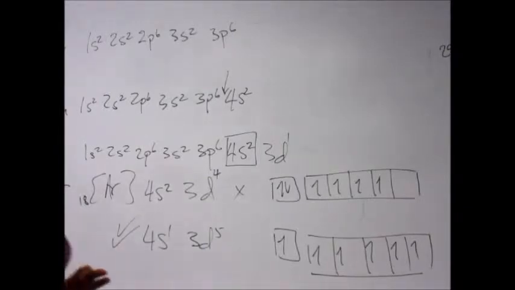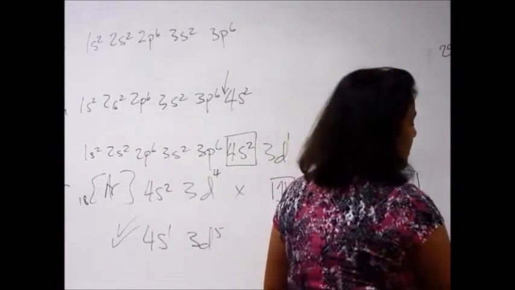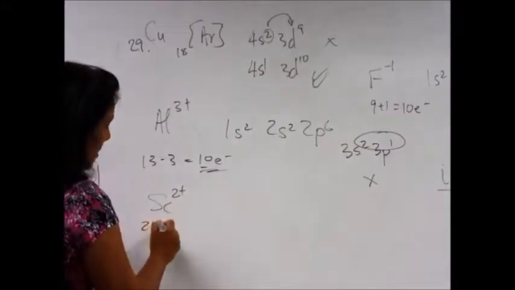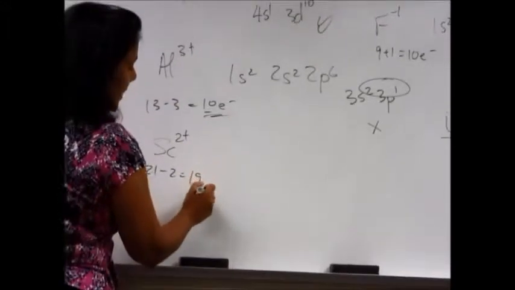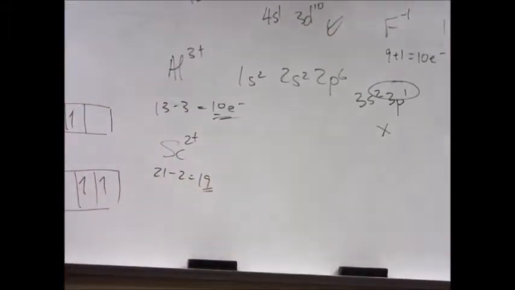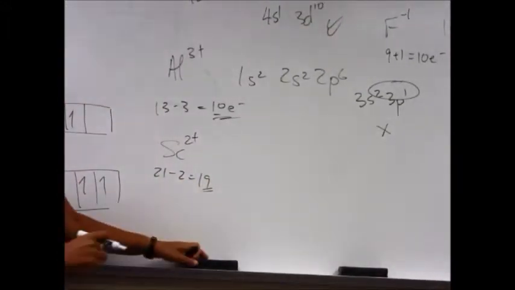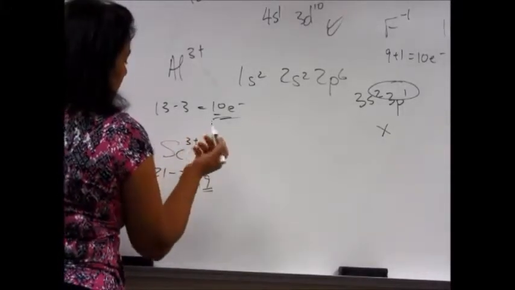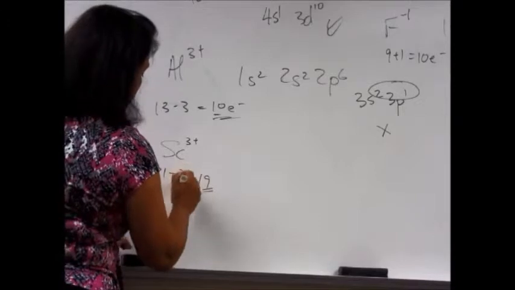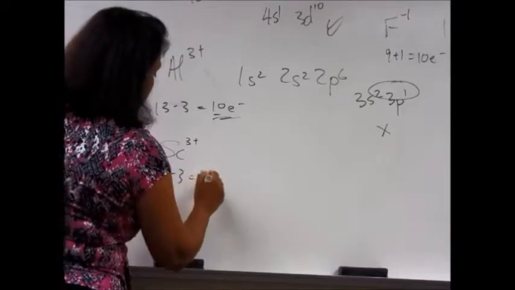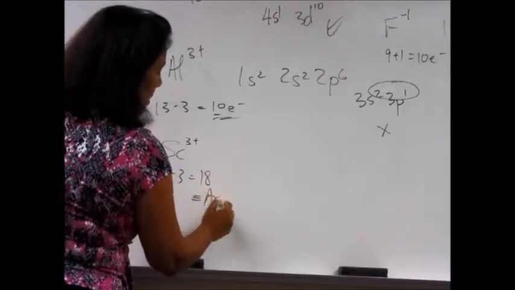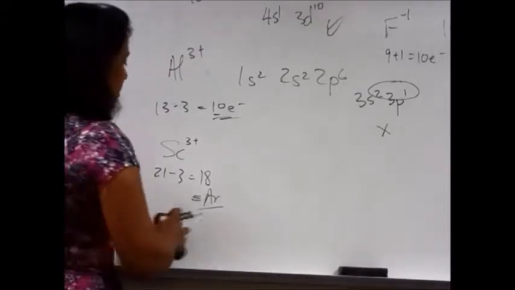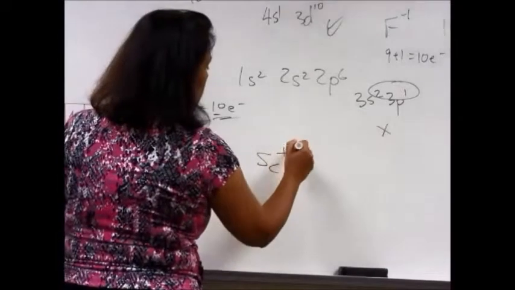So if you were writing for scandium, which is Sc2 plus, that is 21 minus 2 electrons, so you're writing 19 electrons, okay? With scandium it is not 2 plus. Usually it is plus 1 or plus 3. So plus 3 is very easy, because that's minus 3 electrons, and that is 18, and that is equivalent to argon. So that is very, very easy. But if it was scandium plus 1,